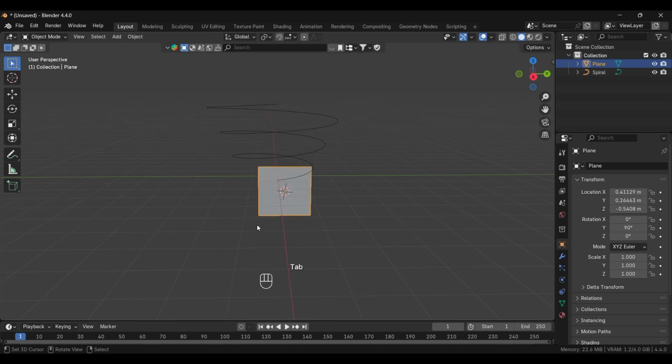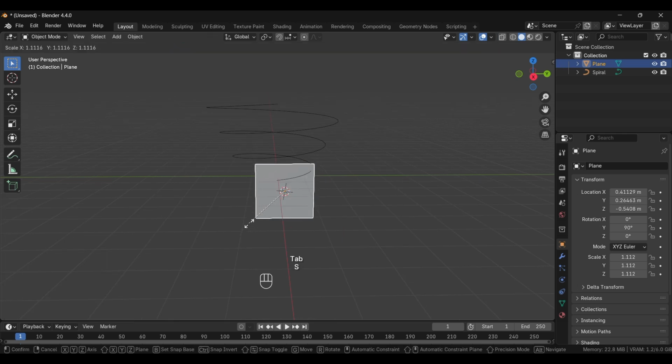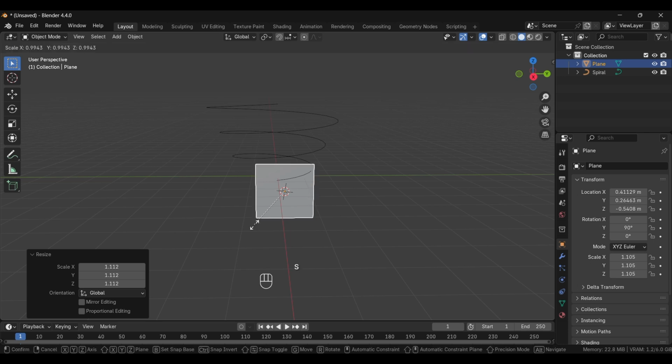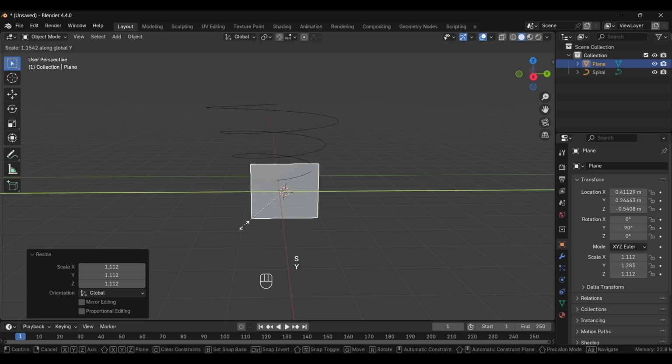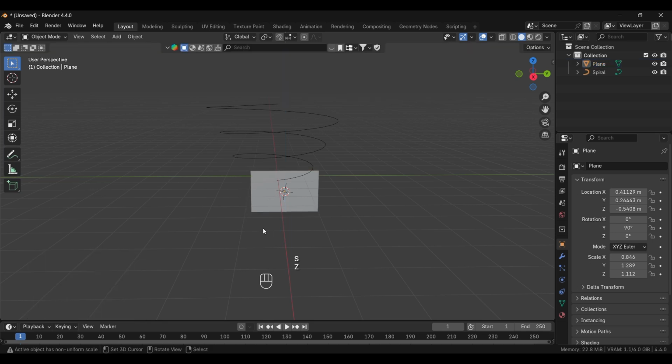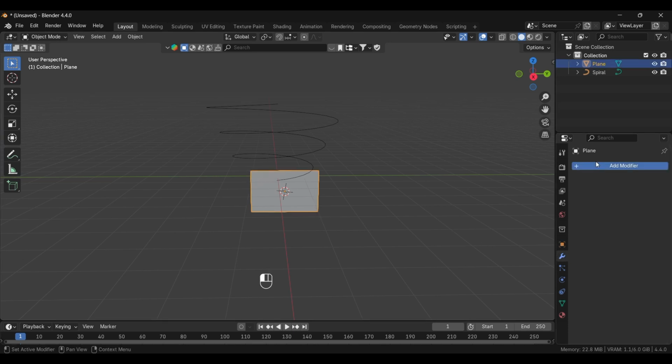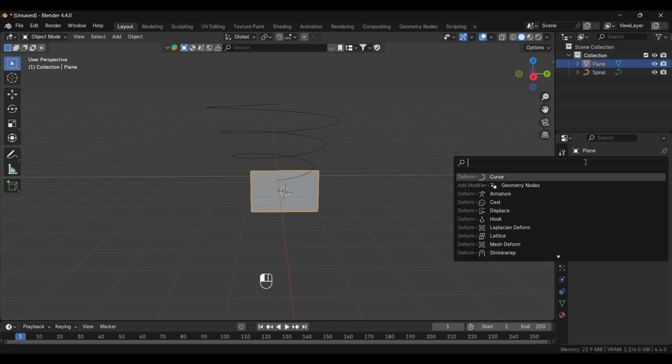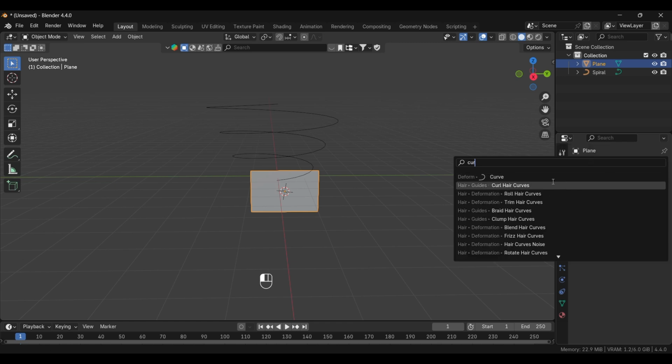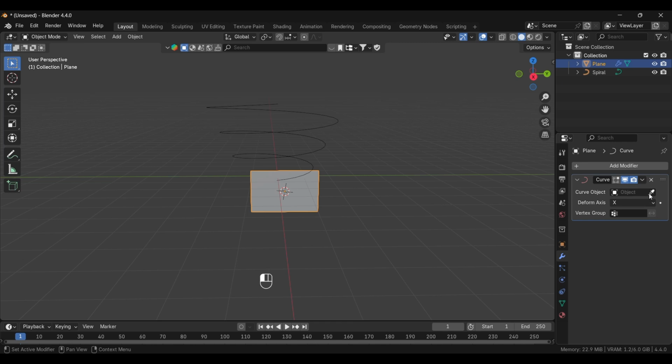Okay, back to the object mode, and now change its shape a little bit. It's all up to you if you want to change its shape. Okay, now by selecting the plane, I'm going to add a curve modifier to it. Go to the modifier, search for curve modifier and add it. Okay, so as object we'll add spiral,